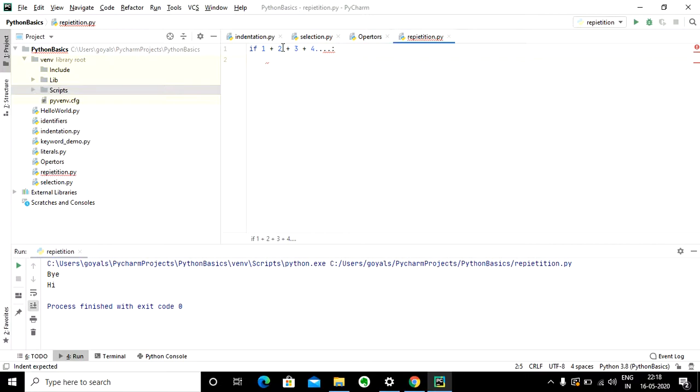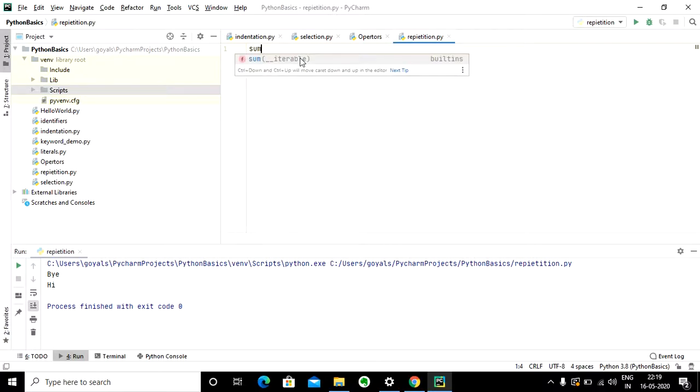I keep adding the incremented value by 1 until the sum exceeds 100. So till the sum is less than 100, we want to keep on adding an incremented value. Let's see how we can do this.